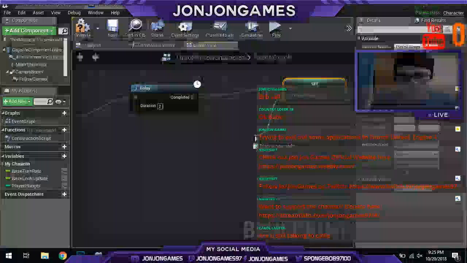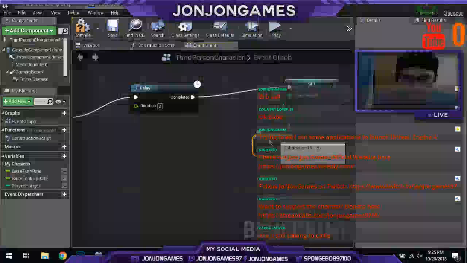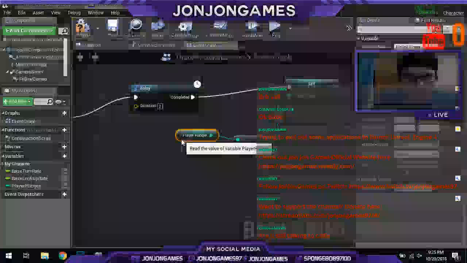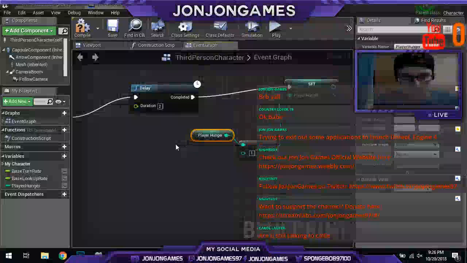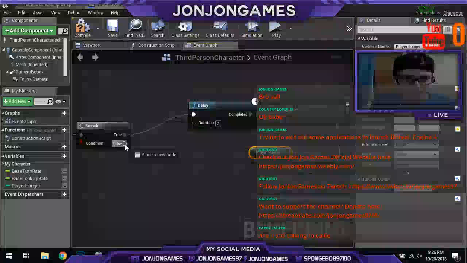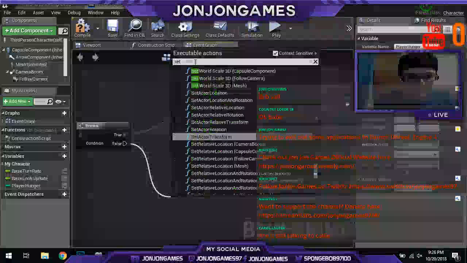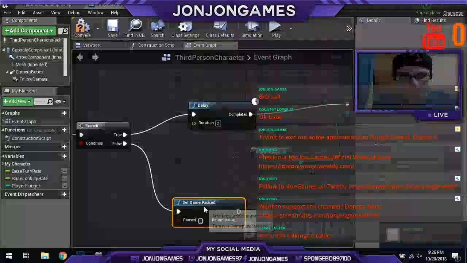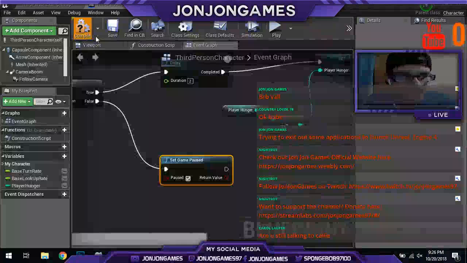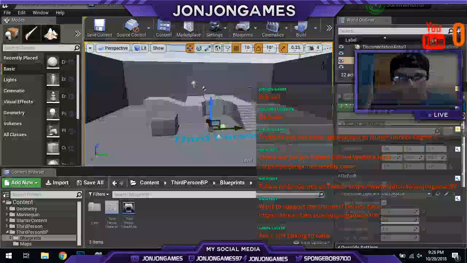And we're going to drag out the player hunger. We're going to type in integer minus integer, and we're going to get our player hunger and hook it up. And we're just going to take away 1 each time. When the player reaches 0 and doesn't have enough hunger, this is where we can set it up. For false, set game paused, and we're going to check it for true. Now if we compile this and save it, now if we go to our viewport right here,